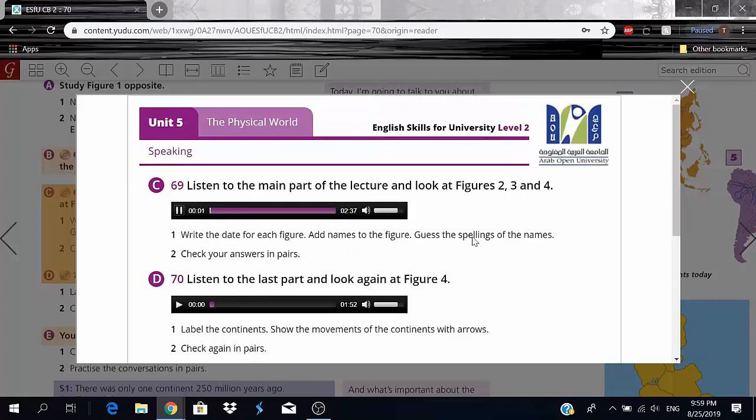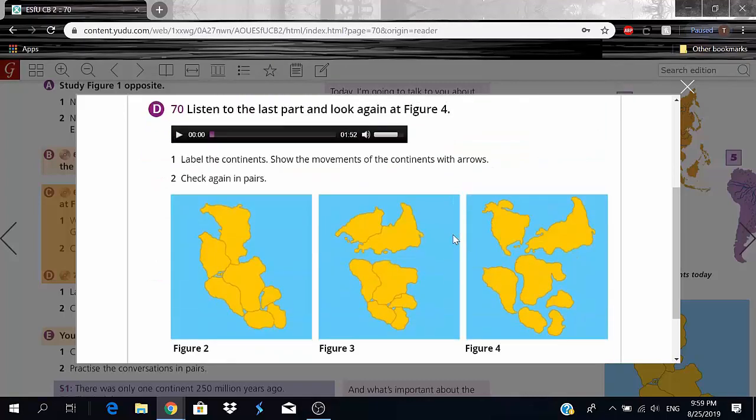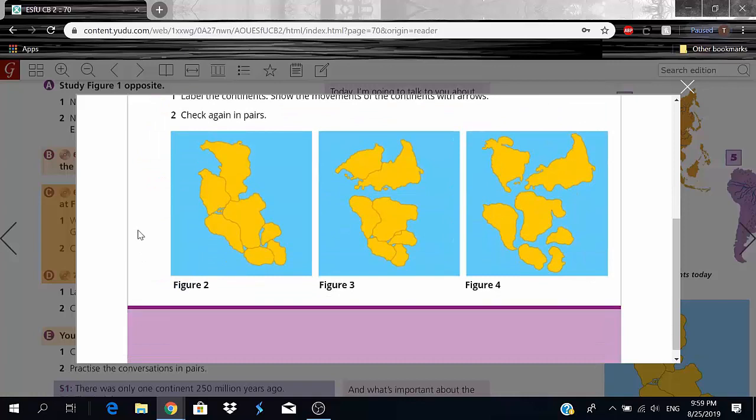69. Exercise C. Listen to the main part of the lecture and look at figures 2, 3, and 4 on the opposite page. So, we need to go back millions of years. 250 million years ago, in fact. Then, there was only one continent.